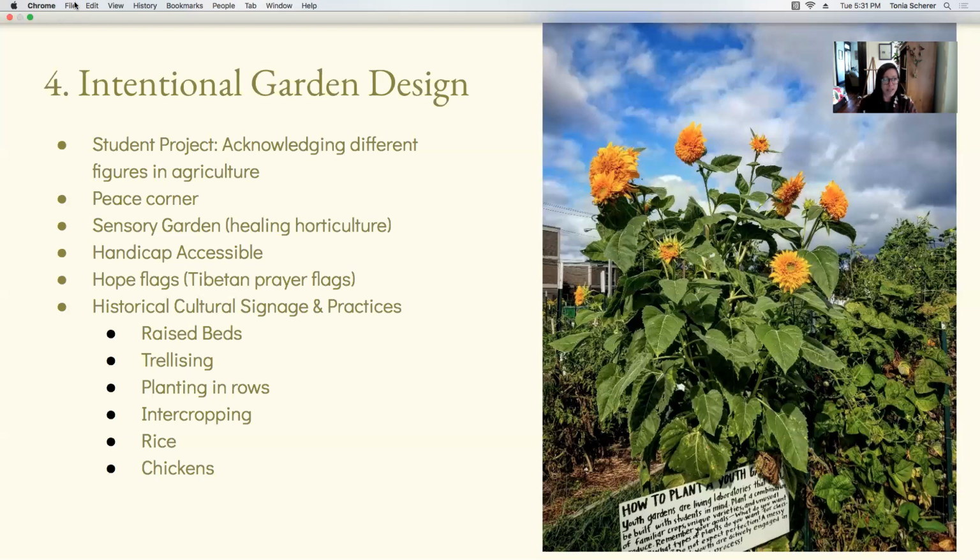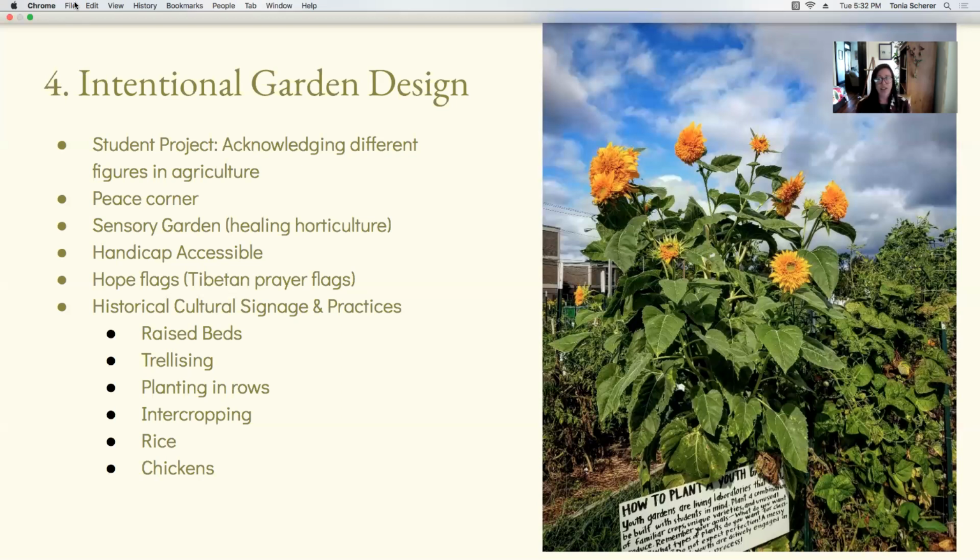Also thinking about keeping it handicap accessible. You want to be intentional with that based on what your student body looks like. So do you need to consider having Braille signage, or just including lots of signs for the hearing impaired? Also thinking about, do you need wheelchair accessible paths? That can be somewhat difficult to do in a garden space sometimes. If you have a lot of mulch down, that's not going to be easy to navigate with a wheelchair. I'm also thinking about keeping it wide enough, maybe having double high beds for those folks that might be in wheelchairs or have a hard time bending or kneeling down.